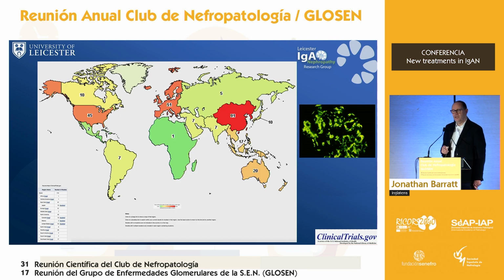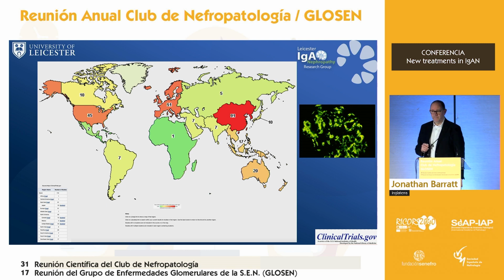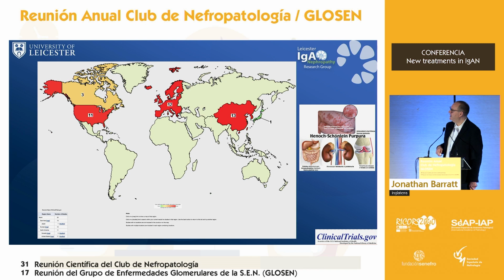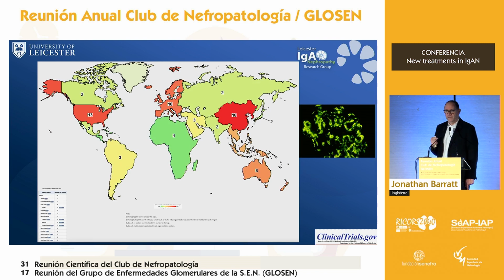And so just to finish, this is data from clinicaltrials.gov a couple of days ago. These are the number of studies in IgA nephropathy currently recruiting. And there's over 170 of them. And you can see where they are. Okay? These are the number of studies in IgA vasculitis. Just studies. Okay? I'm not saying trials of new therapies, I'm just saying studies. These are the number of phase 2 or phase 3 trials of new therapies in IgA nephropathy currently recruiting.